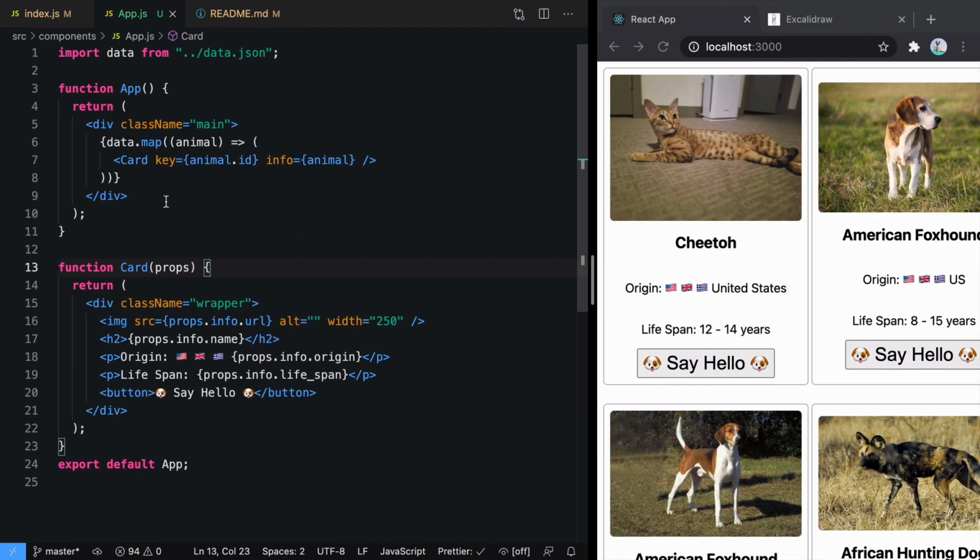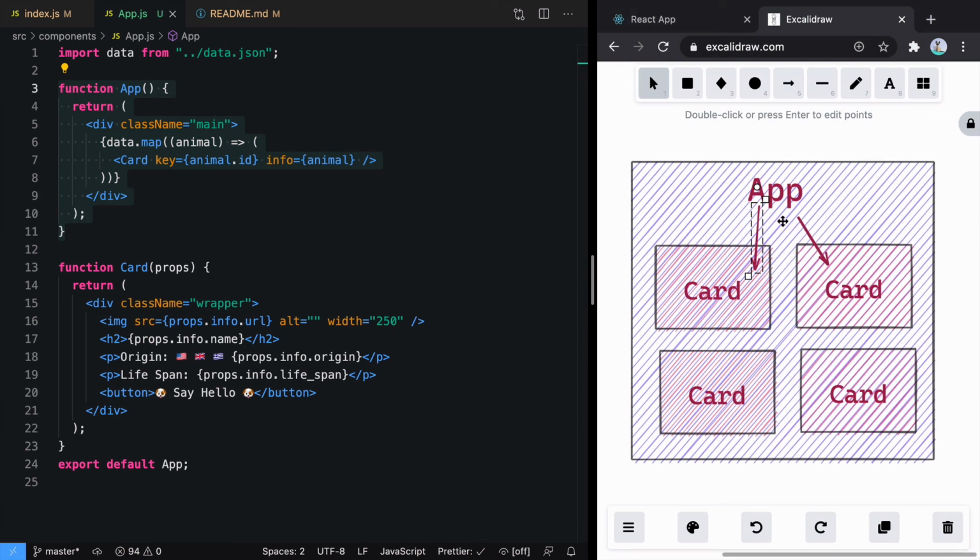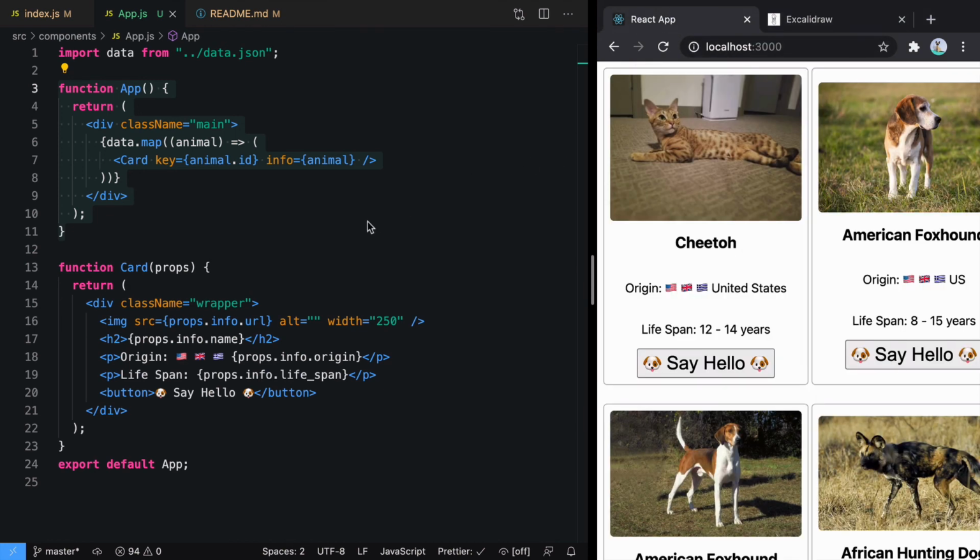The first property is that the only way you can communicate or send data from one component to another is by using props. And the only way to send data is unidirectional. It always goes from parent to children. You cannot go from children to parent. So it is always unidirectional. And the last property that we saw is that props are always read-only. You cannot change the value of props.